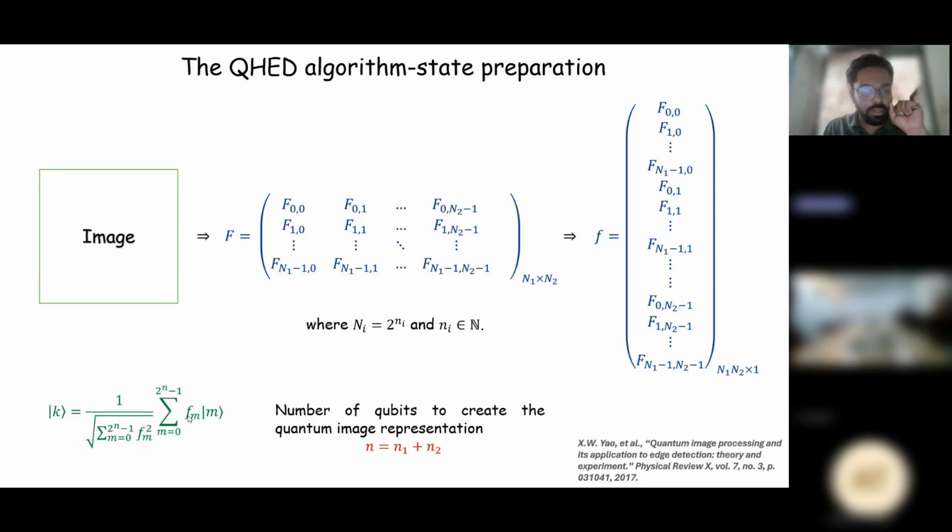Here m goes from 0 to 2^n minus 1, which is the size of this vector, and we normalize it with some constant, as we have a normalization condition whenever we do such computations. The number of qubits it would require I'll call small n, which is n1 plus n2. Overall, this quantum image representation is called quantum probability amplitude encoding,